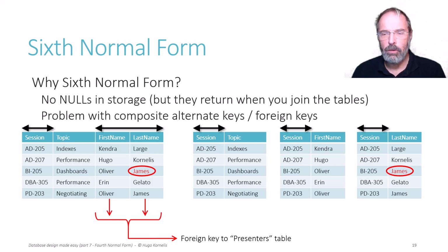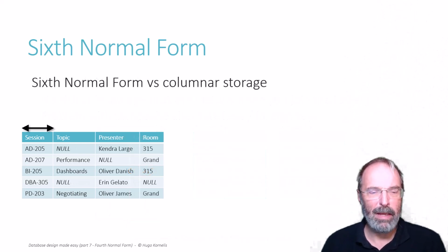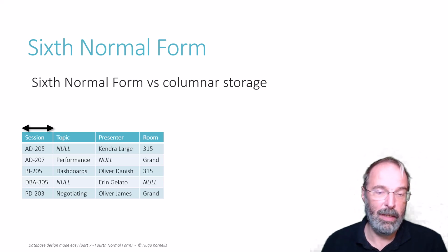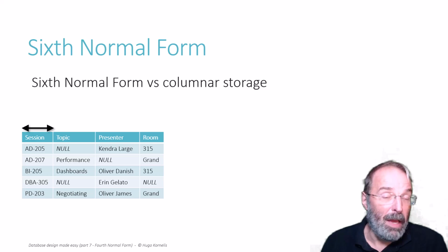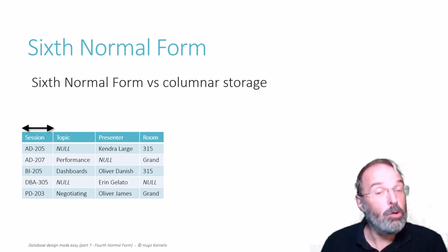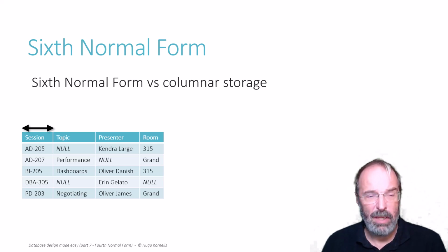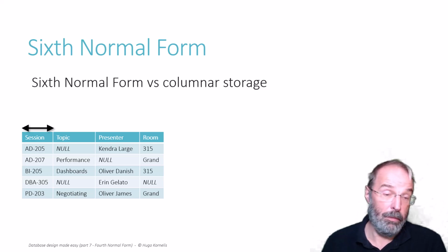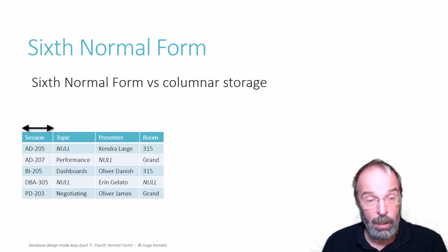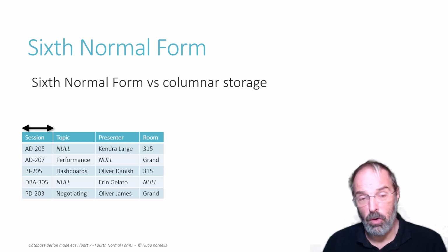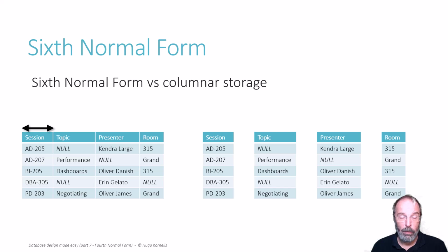Now, recently I was in a discussion with someone who said, sixth normal form, isn't that the same as columnar storage, like column store indexes or Parquet files or many other new developments that use columnar storage? And while it is similar, it is not the same. Sixth normal form for this table would be 3 smaller tables of 2 columns each. Columnar storage, if you look at the storage layer, is actually 4 collections of 1 column each. And the engine ties them together in the right way. So it is not the same even if you look at the implementation.